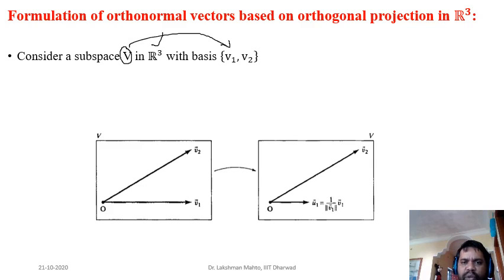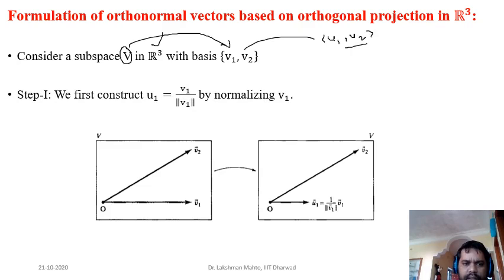So v1, v2 is forming a basis of V. Now our target is to convert this into an orthonormal basis. How can we convert that? With the idea of projection we can convert that, which we have already studied in the last few slides. First, take v1 and normalize it, that means dividing v1 by its norm or length. In that process we get a unit vector u1. Another name for u1 is the direction.